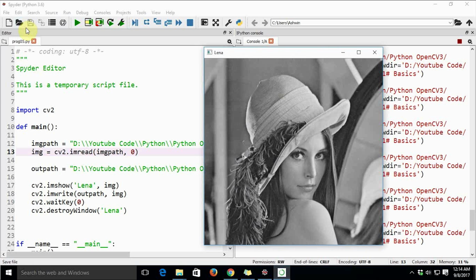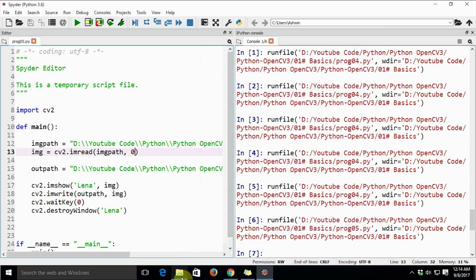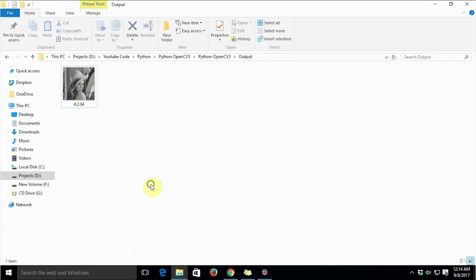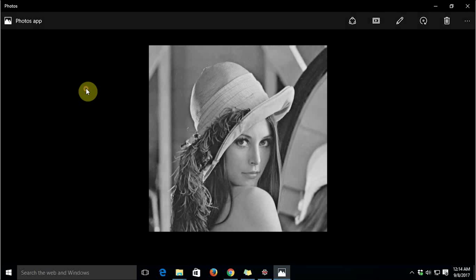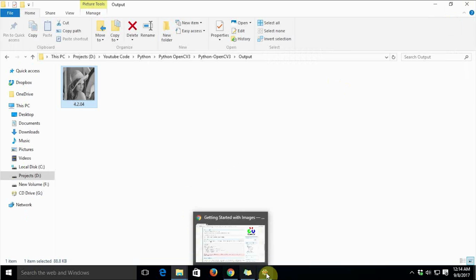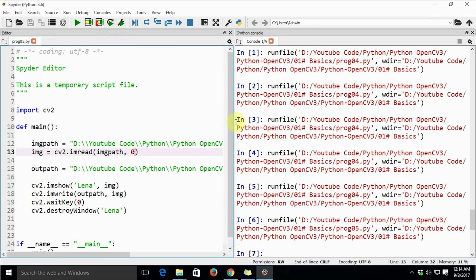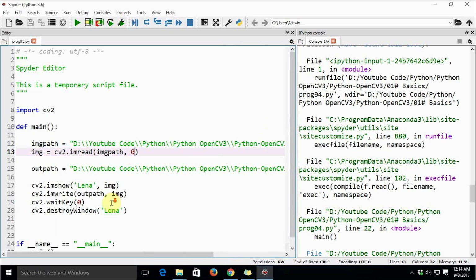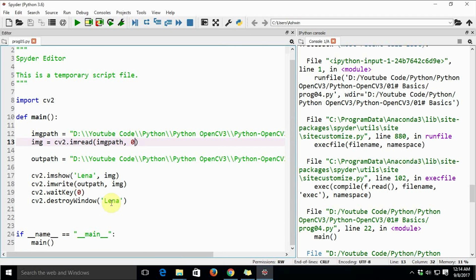Okay, now it has converted the color image to a grayscale image, and let's check the output folder. Okay, now this is the grayscale image. So we have now written a utility to convert a color image to a grayscale image and save it to another location on the disk.